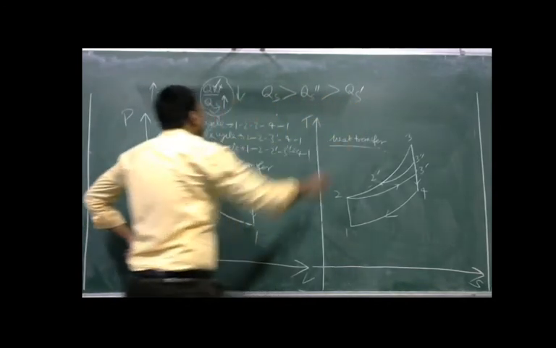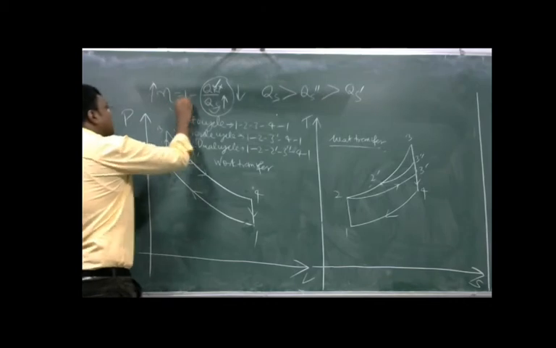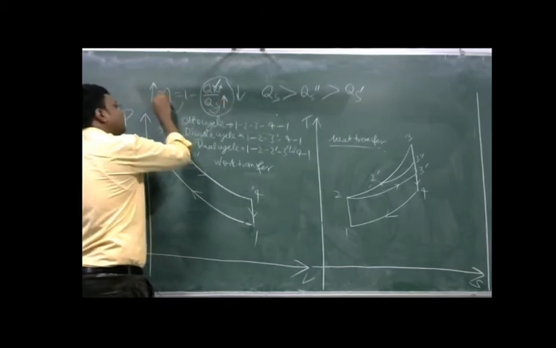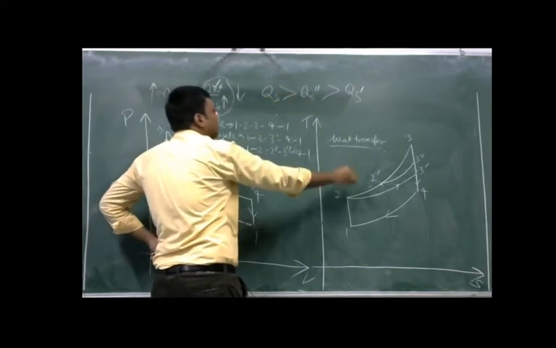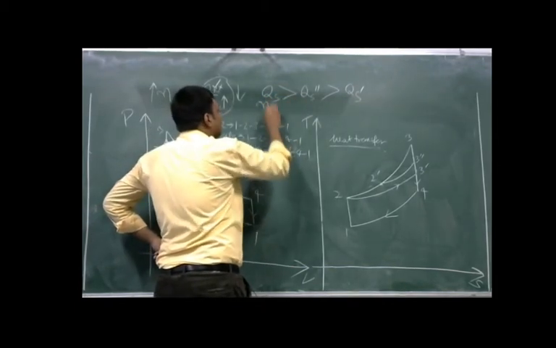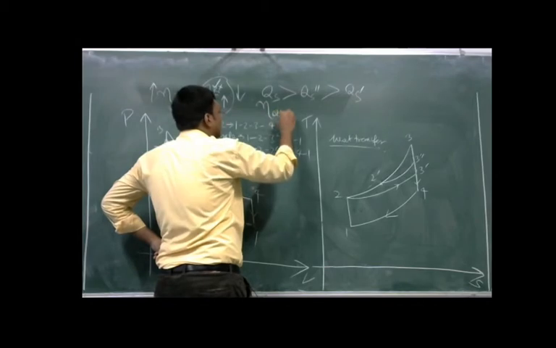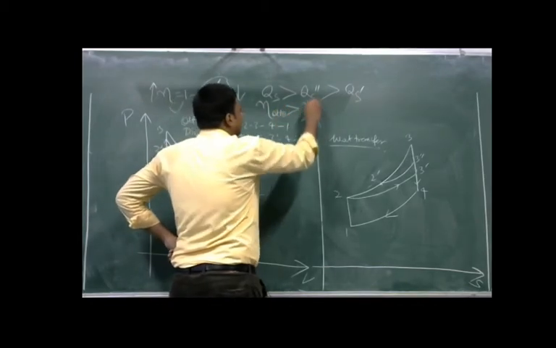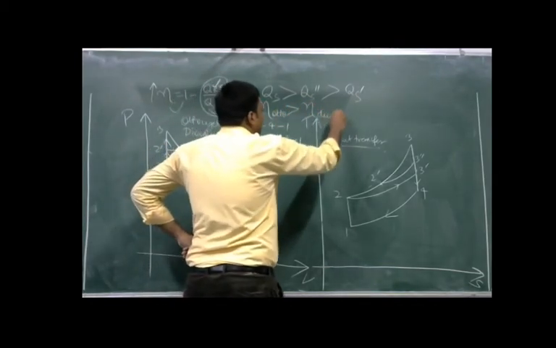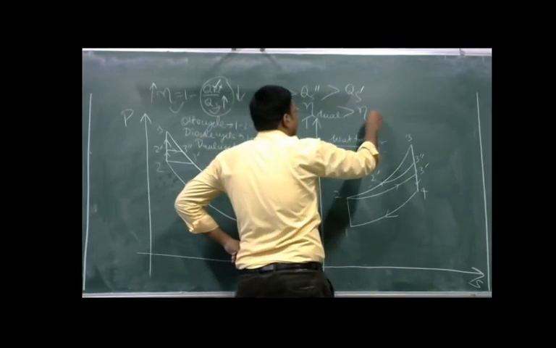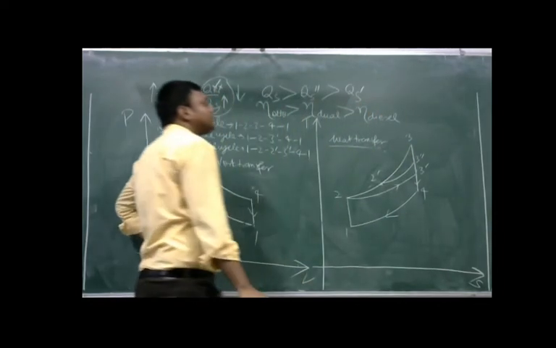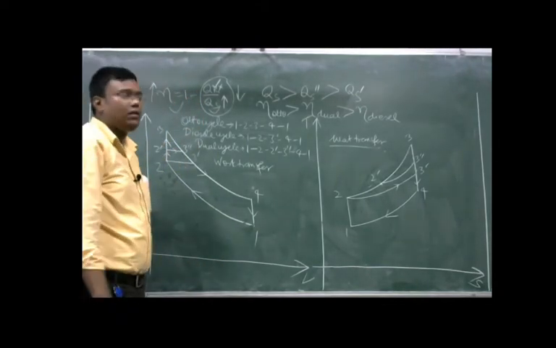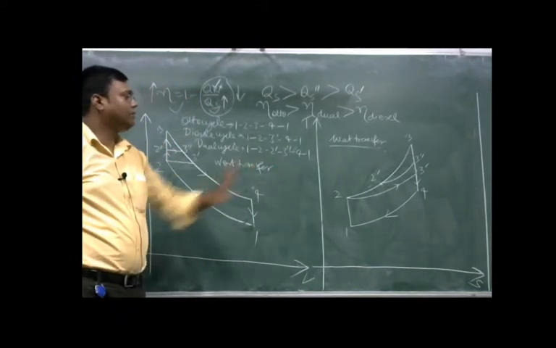is minimum. And here we have analyzed that if heat addition is maximum, then efficiency will be maximum. So here heat addition is maximum for the Otto cycle, so the efficiency of the Otto cycle is also maximum. Eta Otto is greater than eta dual, which will be greater than eta diesel. So from this TS diagram,